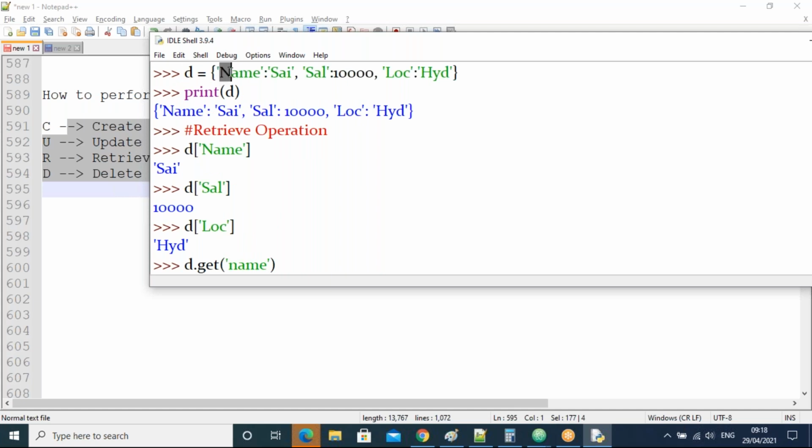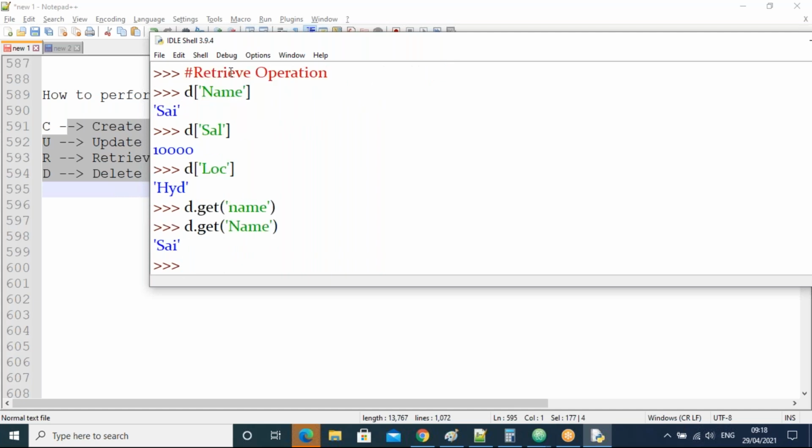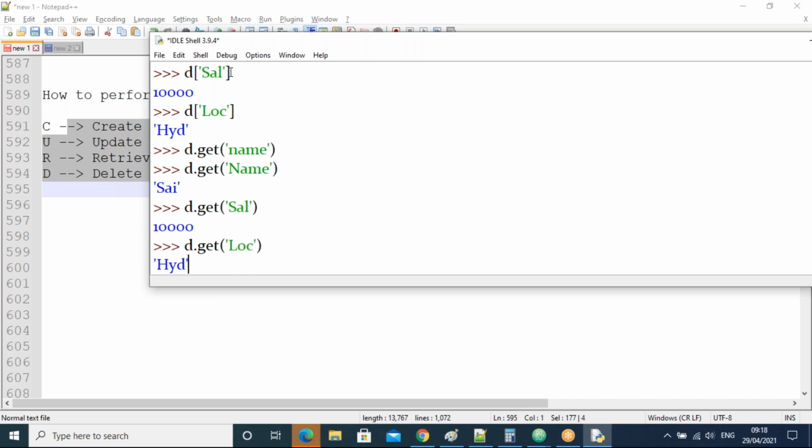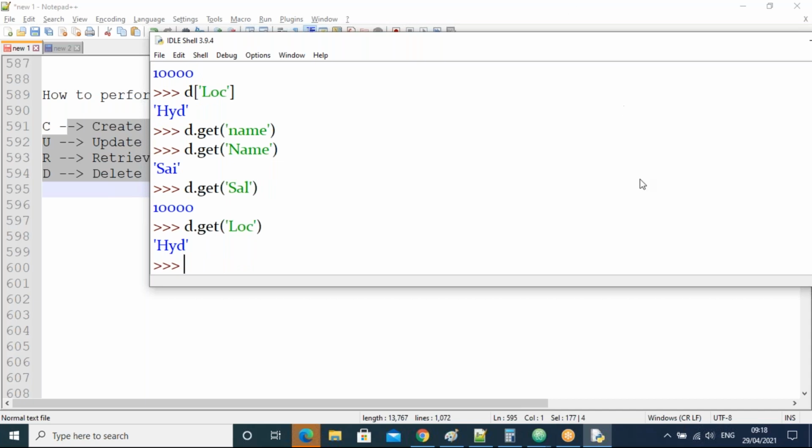Name. Next, D dot get of sal, 10,000. D dot get of location, which is Hyderabad.